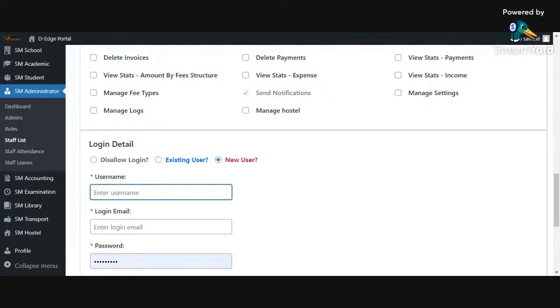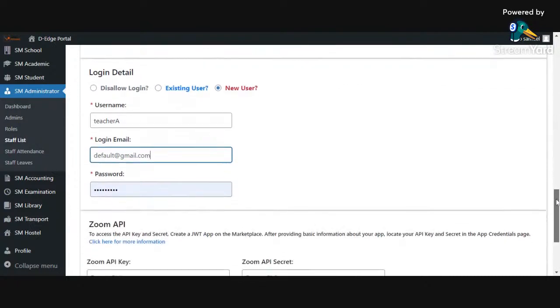So we are going to give the teacher a username, and the username can be teacher A. The email can be default school, whatever, at gmail.com, whatever the email is, you put it there. If the teacher does not have an email, just put in something. You can put your school email there by default,